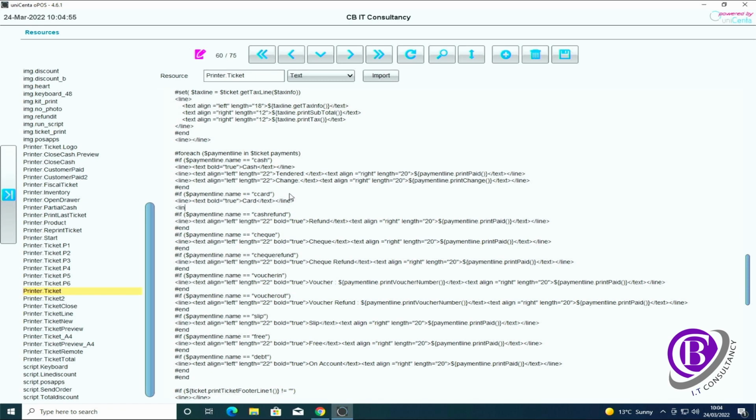We've got a new line, and we're then going to put in what we want. So we want text. We're now going to align it slightly differently. So align equals left. It is case sensitive, so you need to make sure it's all right. Length is 22, and then we're going to put in the word amount,